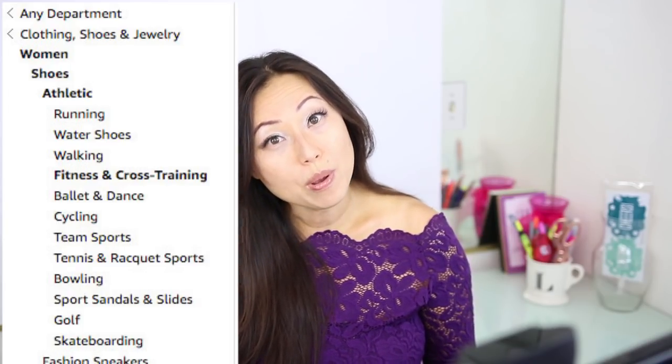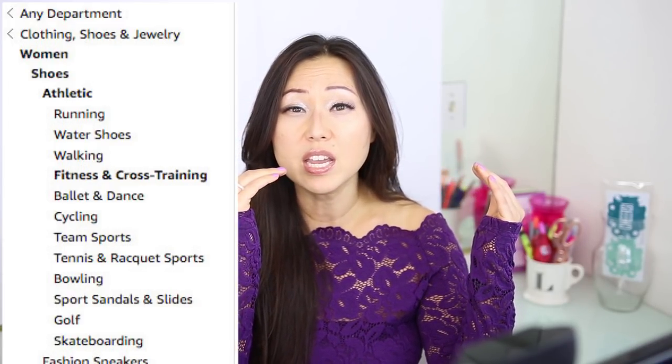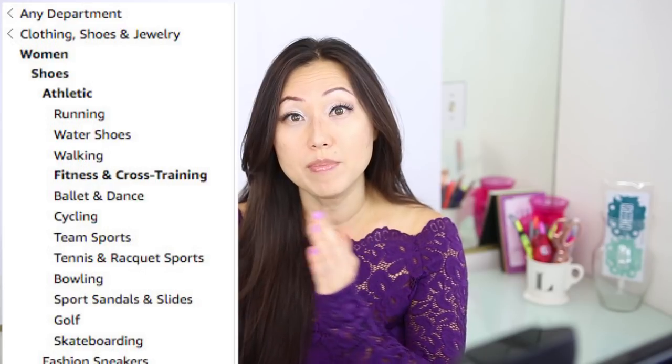So an excellent example of someone who does this very well is Amazon. So for example, if I needed to replace my shoes for working out, I would go to Amazon and I would first go to the section on shoes. Then I would go to women's shoes. Then I would go to athletic shoes instead of pumps or sandals or something like that. And then within there, I would go to cross-training shoes, and then I'd pick my size and the width and everything else. So to me, that is very intuitive breadcrumb navigation to get me to the product that I am looking for,